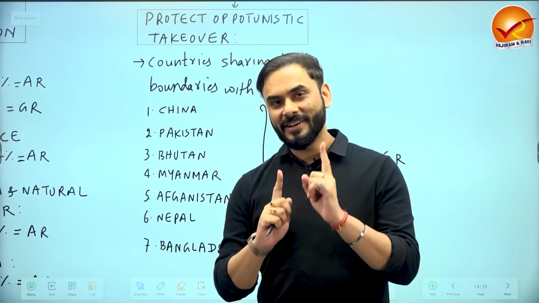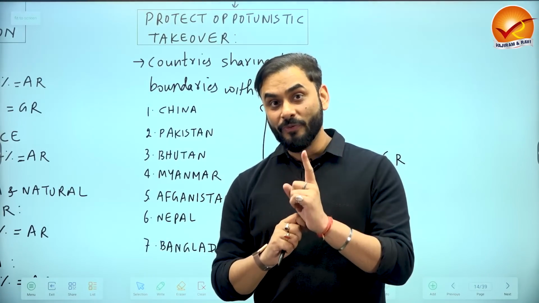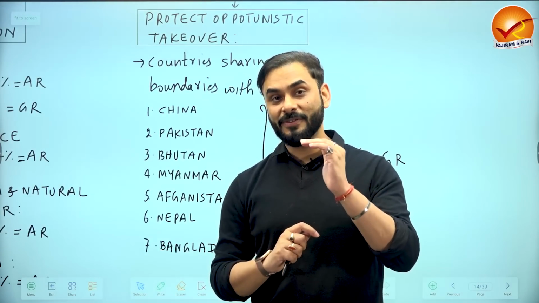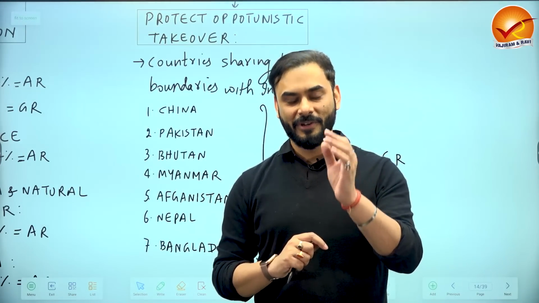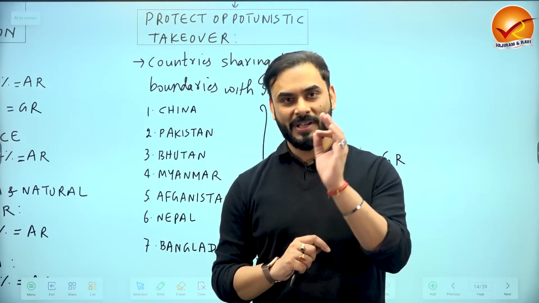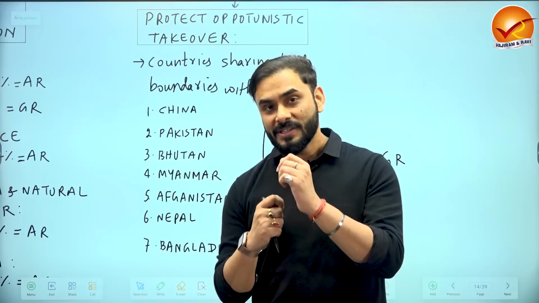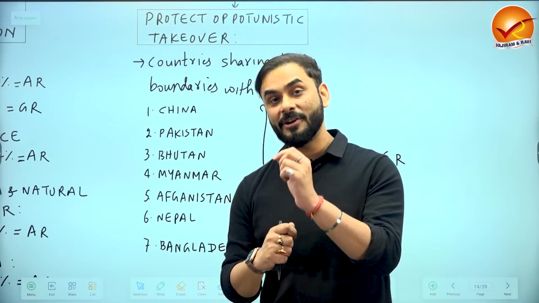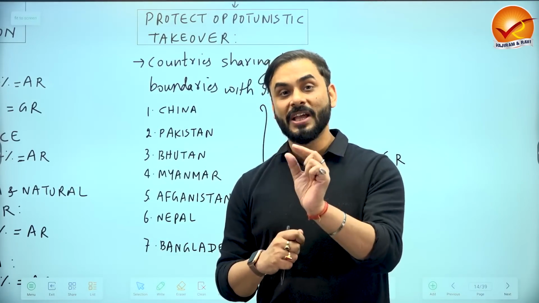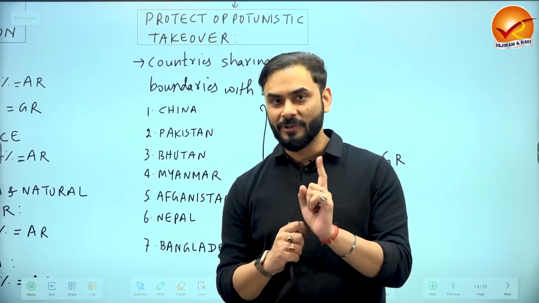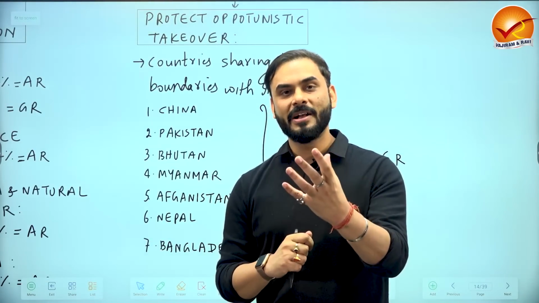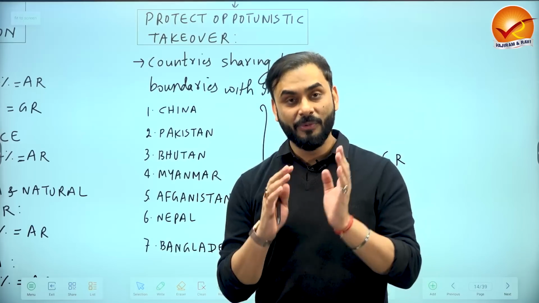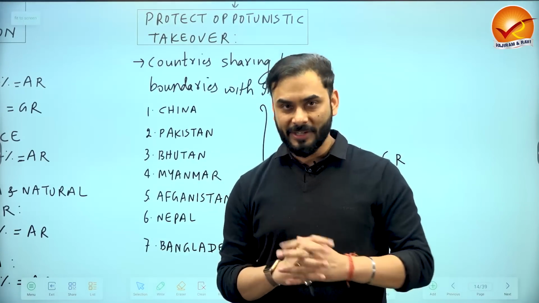What has China started to do? During COVID, when the share prices of companies were dropping globally, China was going to different countries of the world like Australia, France, US, UK, and Chinese investors started to buy the equity shares in many companies of the world. When you buy an equity share, you actually become one of the owners of the company, because an equity share gives you ownership and voting rights.